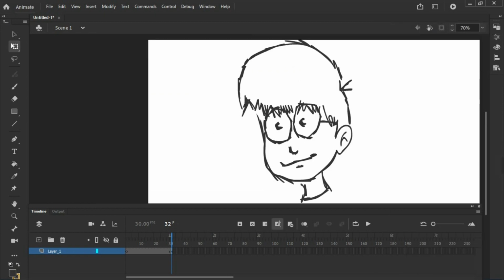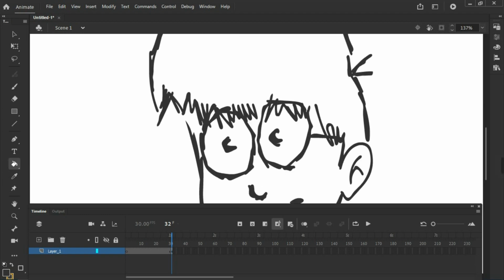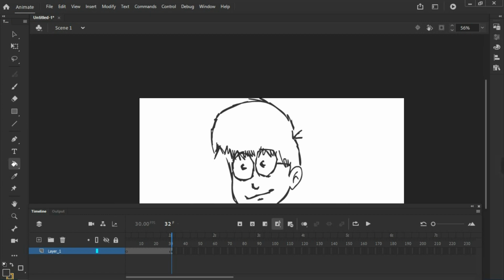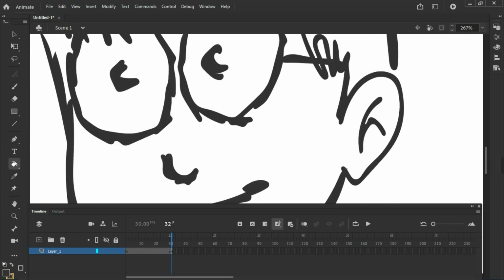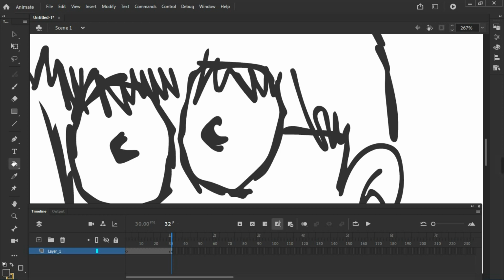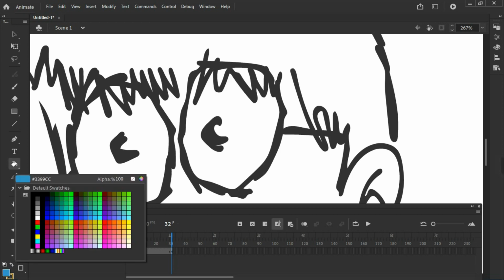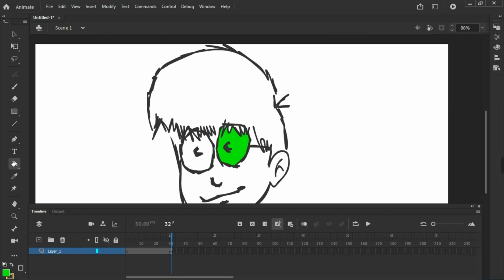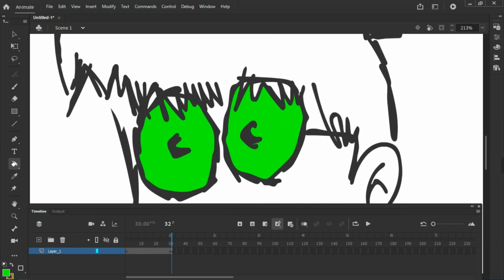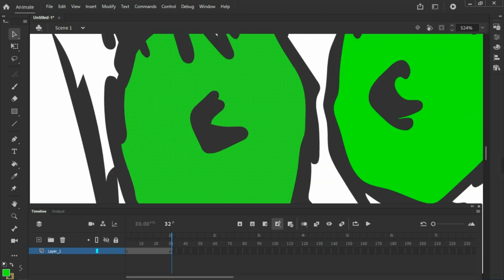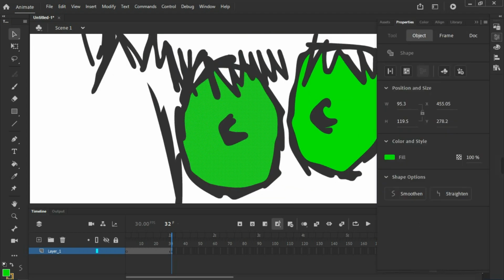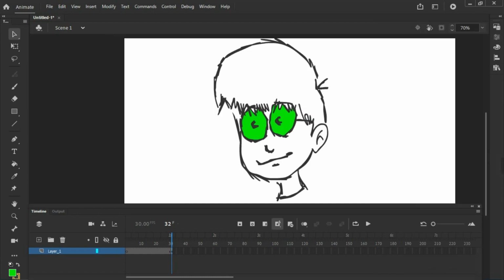Okay, so the next one is the color tool. You can see this is the paint bucket tool. Obviously, the paint bucket tool is used to fill up the color. For example, let's say I wanna change the color of this eye. As you can see, I can choose any color I want from here. Let's say I wanna change the color of the eye to green. As you can see, this is perfectly working. So that's how you can fill the color using this fill tool, and the color has its own property. For example, if I choose the color, as you can see, this is selected, and I can change the property of every object.